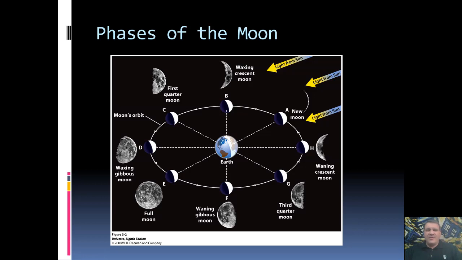Something that I'd like to point out is how to tell whether it's waxing versus waning. So notice we have crescent on both sides, we've got quarters on both sides, and we've got gibbous on both sides. Okay, so there are two ways to tell. The first way I'm going to tell you will only work in the northern hemisphere. Okay, so if you're in the northern hemisphere, the way to tell waxing versus waning is by looking at what's happening on the right-hand